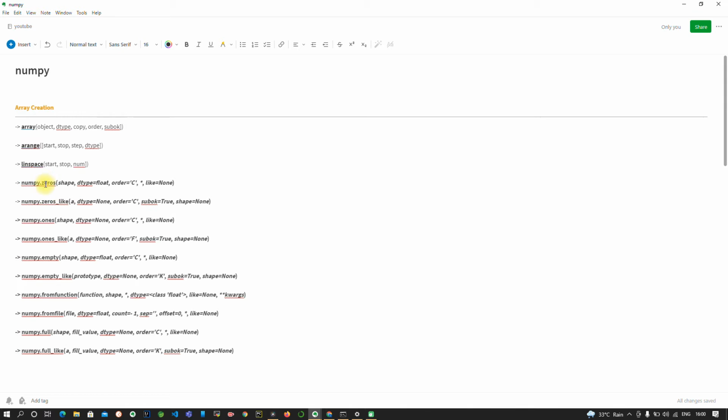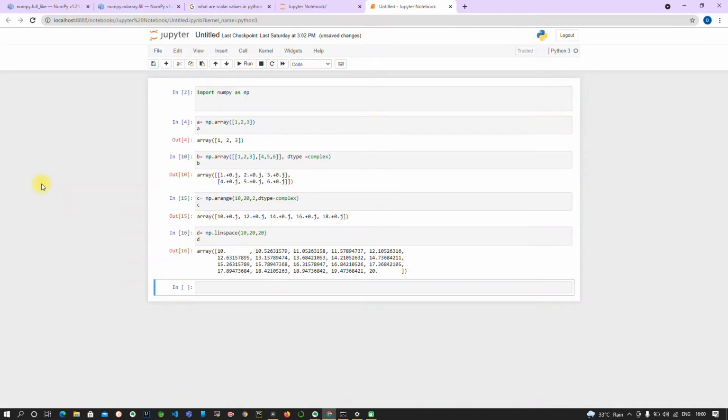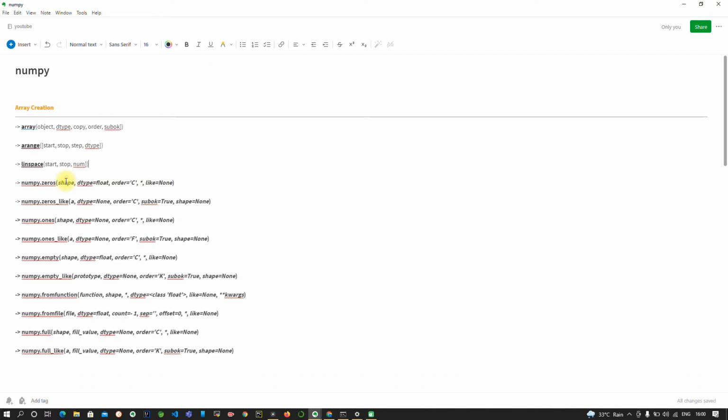Now we will talk about numpy dot zeros. These two things are very similar, with a slight difference. As you can see here, shape is there, meaning the shape in which you want to create the array, and the data type. Here the order is mentioned, C and F. I will tell you the difference between C and F. C means operating row wise on the array is slightly quicker, and F means column wise operation will be faster.